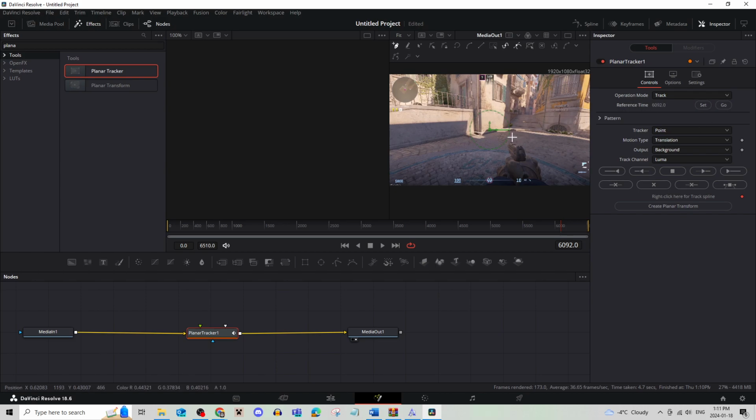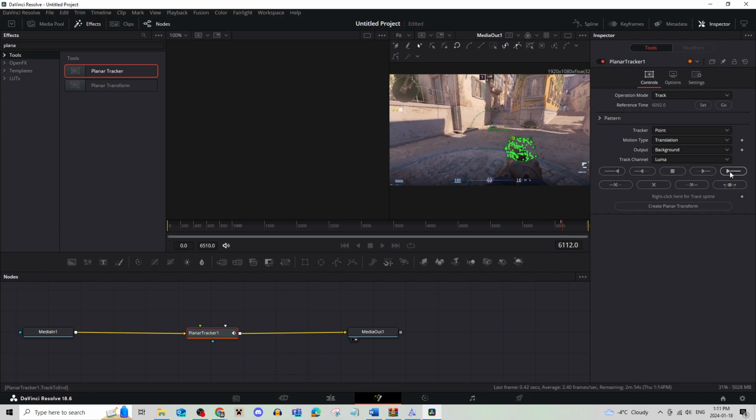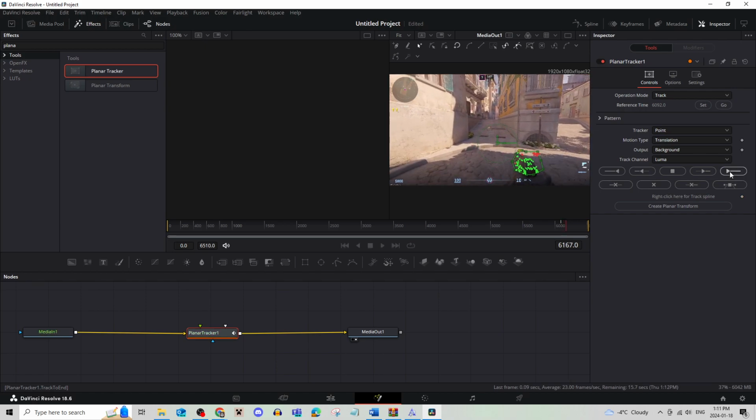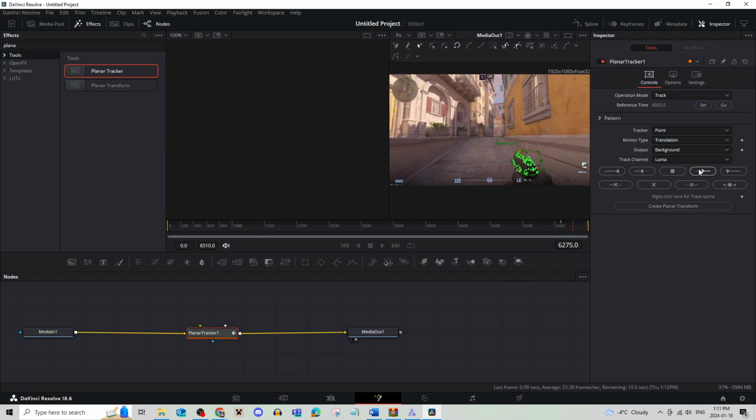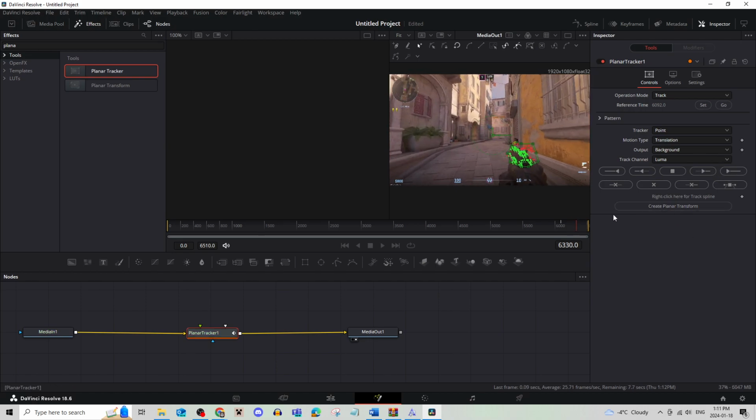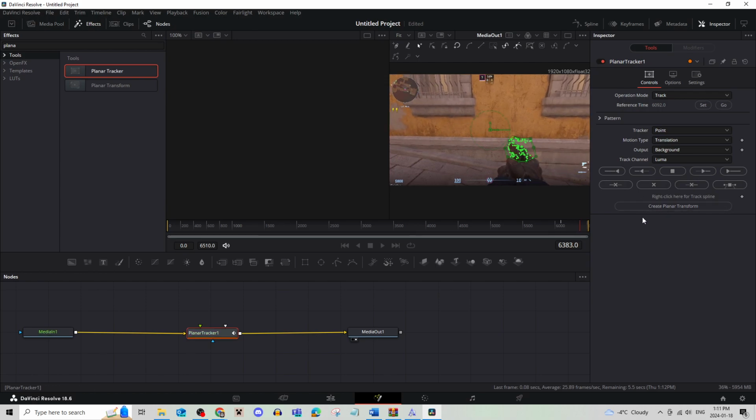You're then going to trace around the area that you want to be tracked, and from there you're going to click on track to end, which is then going to show you what it's tracking. Now, once you're done that, and if you're satisfied with the way that it has tracked your